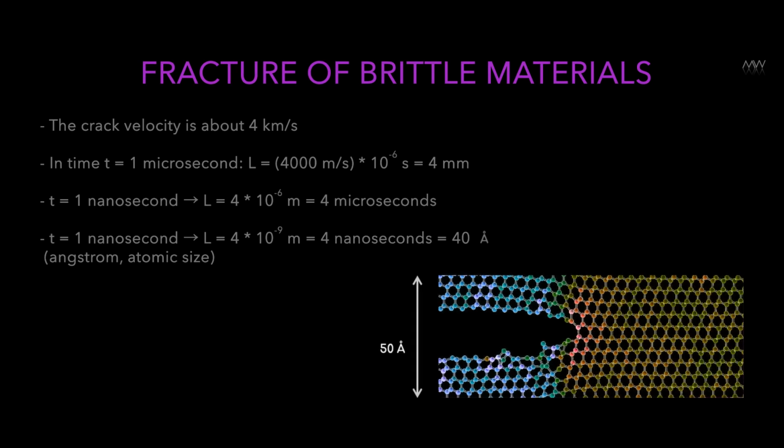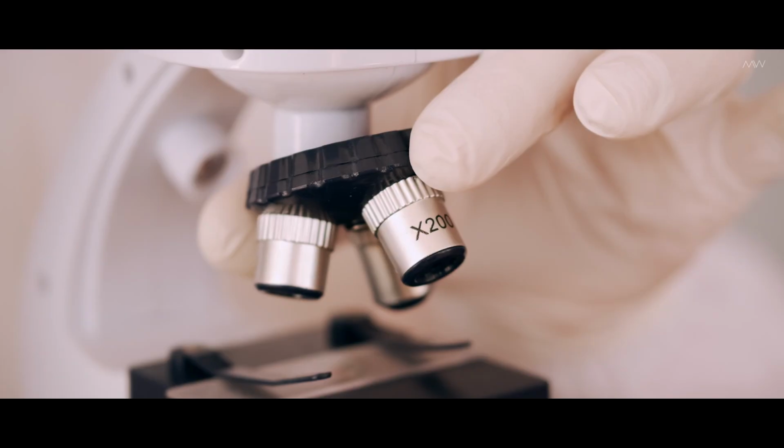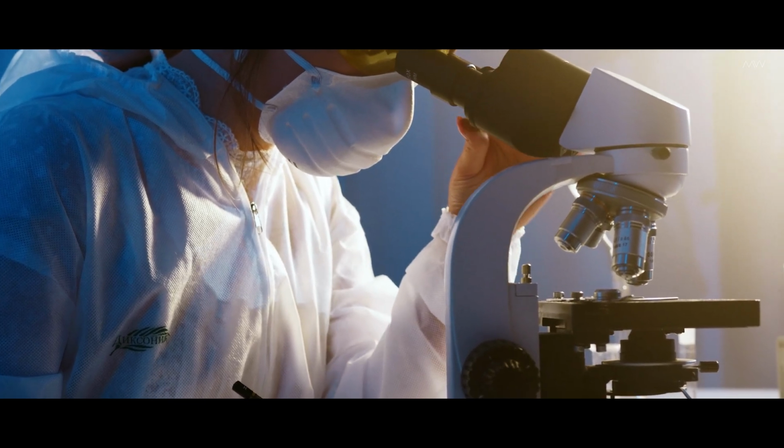Let's go even deeper into time now. That is, let's multiply, say, 4 kilometers per second. This is the speed of sound waves in glass. By a microsecond, we get 4 millimeters, a microscopic distance. Now multiply that by a nanosecond, 1,000 times less. We get 4 microns. This is a very small distance. You can't see it with your eye. But if you have a microscope, you will see how in nanoseconds the crack will grow gradually deep into the glass. That's what you'll see.